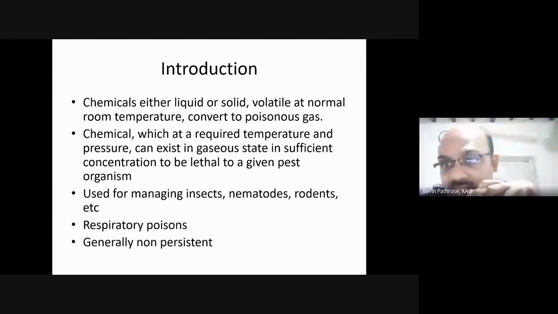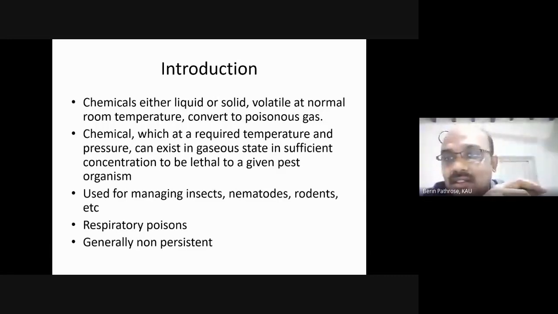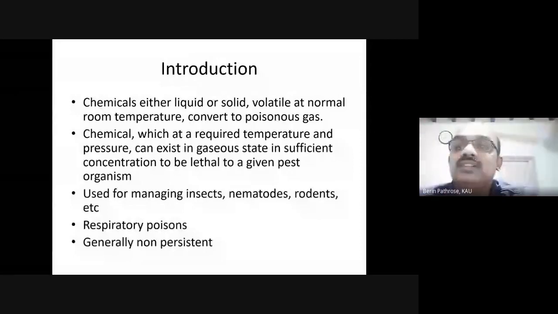It's not like insecticides which you spray on a crop, which remain persistent. But fumigants are not, because of their gaseous nature, they are non-persistent. It is just like a hydrogen balloon: if you hold it tightly, it remains there, but once you release it, it moves up. In the same manner, if we release the fumigant in a covered, secured environment, it will remain there. But once you open up that environment, it will escape into the atmosphere. So it is non-persistent.